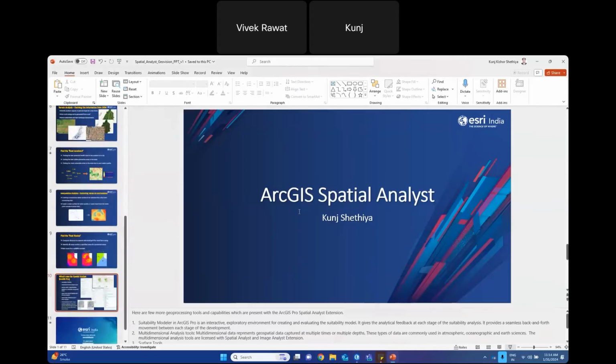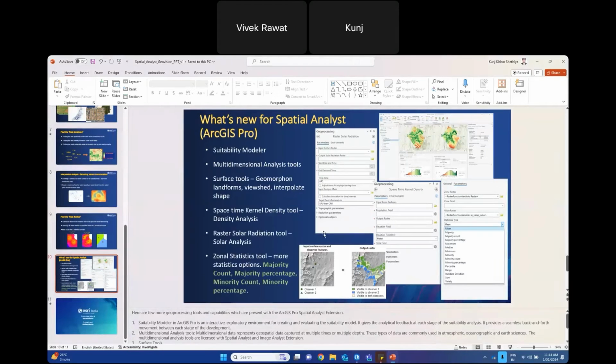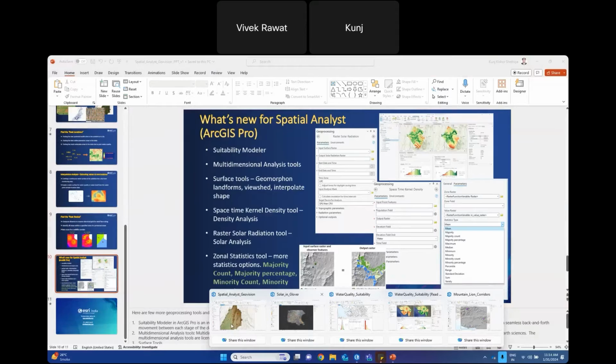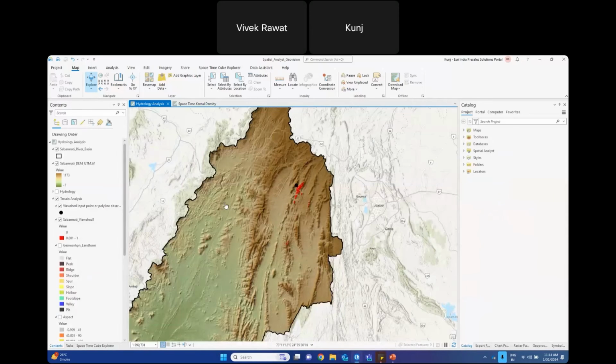Now let me move forward towards the demo part. So I explained about the different types of terrain analysis. And as you can see over here, this is an image, I can say a map, which is open related to the